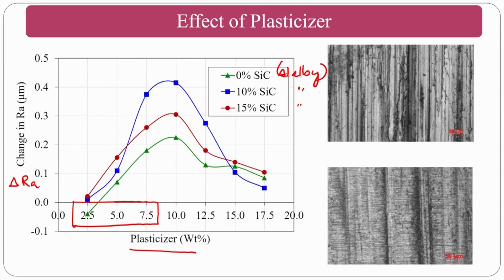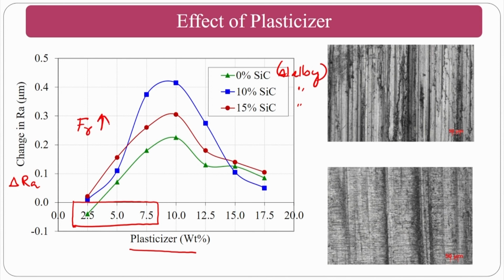If I am adding very little, what is happening? The elastic dominating characteristics of the base polymer will be very high. In that circumstance, what you are going to observe is that it is not only finishing, but also creating indentations and other things, because your elastic dominating characteristics are there. So, your radial force will be a dominating one.